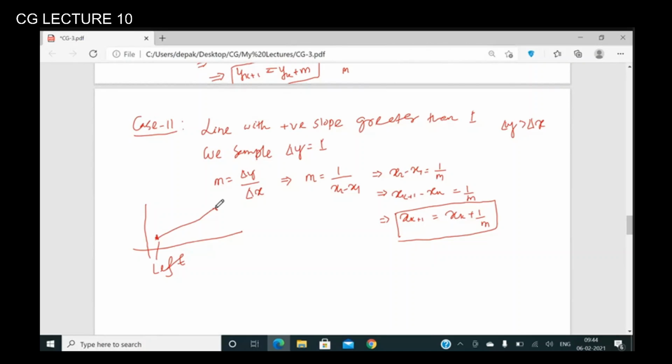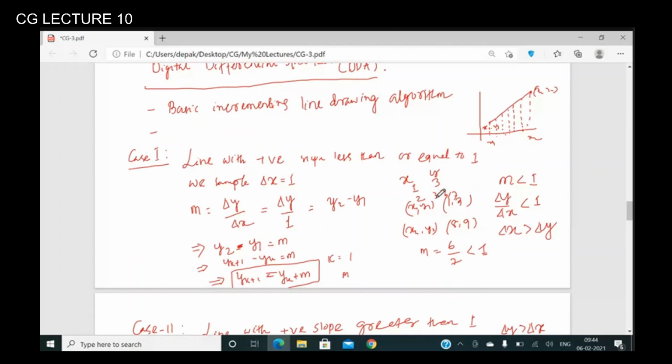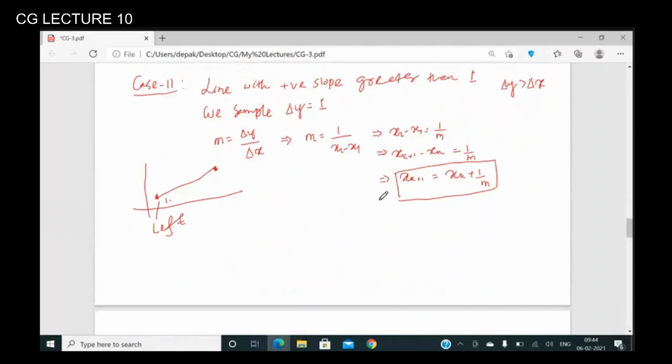And if you want to process a point, just now we have talked about 1 3 and 8 9. Okay, let me show you. 1 3, let's say this is 8 9, although this is not the correct actual position in the two-dimensional coordinate system. So just now I'm showing you, for example. So our first point is 1 3, right? And then accordingly you have to draw the pixels, and ultimately you have to reach a point which is nothing but 8 and 9.